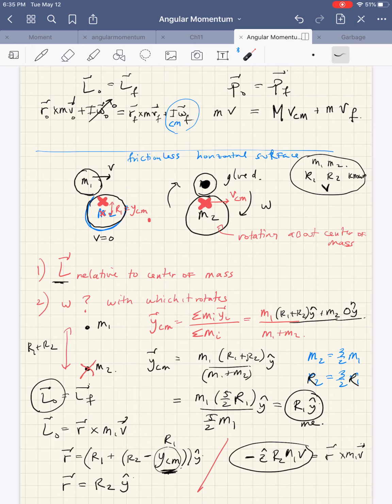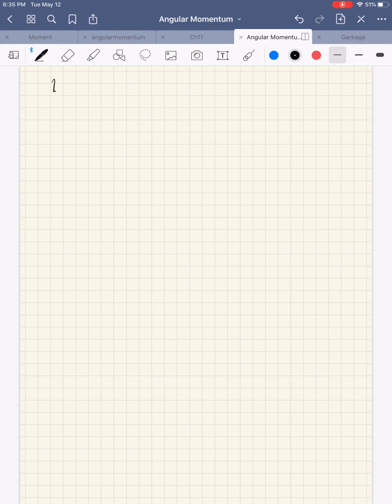So let's look at the conservation of angular momentum piece now. L naught equals L final. Initially, I only have a point mass, R2 M1 V z hat. Finally, though, I'm going to have I relative to the center of mass times omega